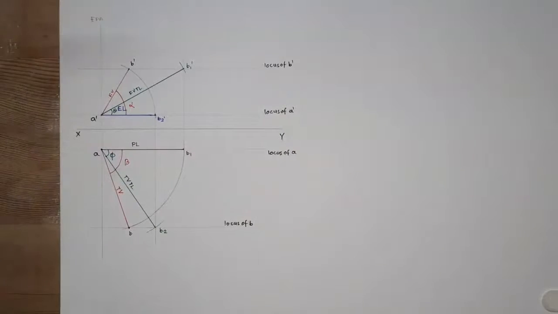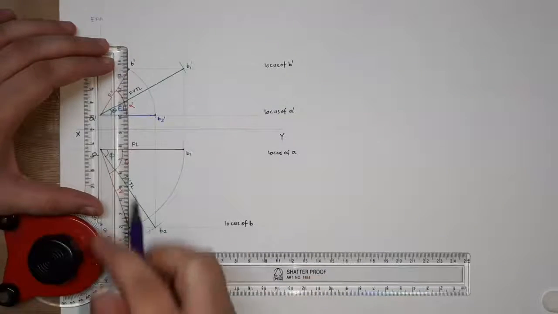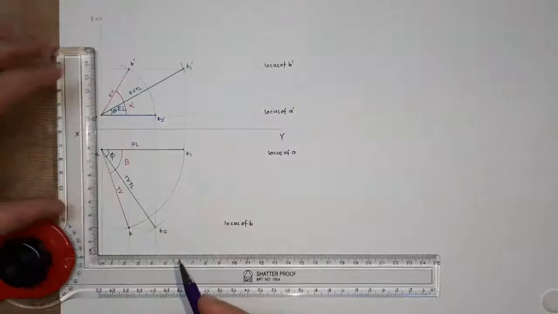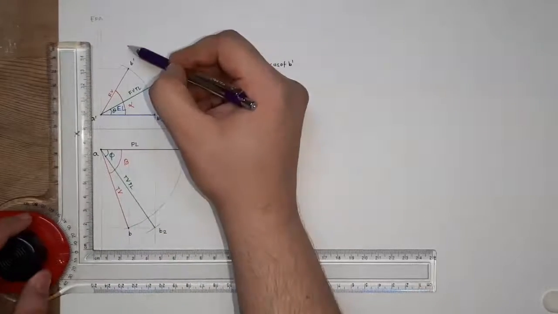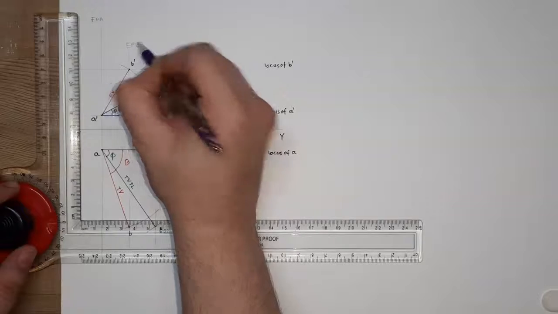Now the last check that we have to do is to check whether a vertical straight line passes through B dash and B. So the same line should pass through both, and if we get that, as we are getting over here, you can see this vertical line, this is our end projector of B.